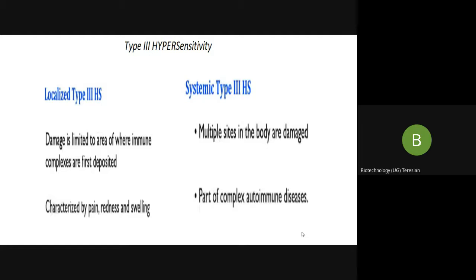In this autoimmune disease, autoantibodies are produced that are directed against self-antigens such as our own DNA and nucleoprotein. Another good example of this is rheumatoid arthritis. In this case, autoantibodies are produced against the patient's own IgG molecule. In the next video, we shall study systemic lupus erythematosus as an example of type 3 hypersensitivity.